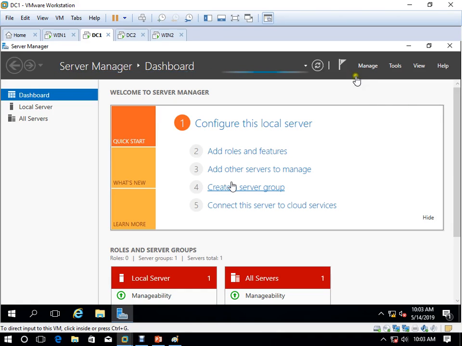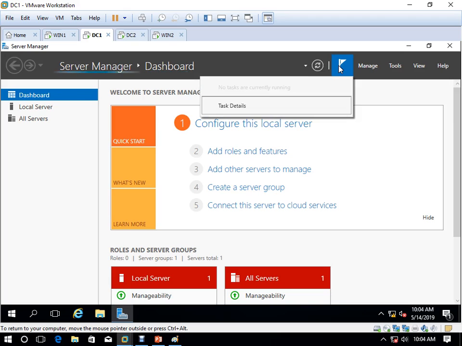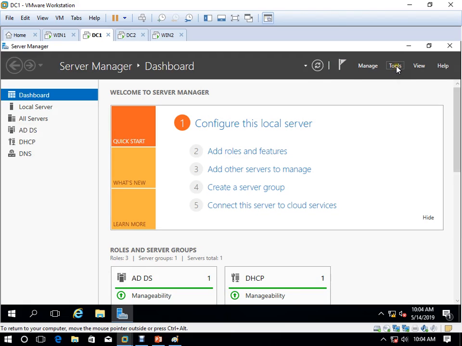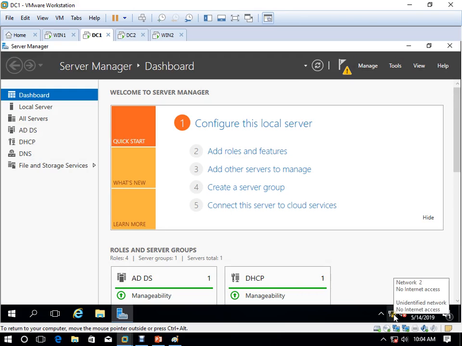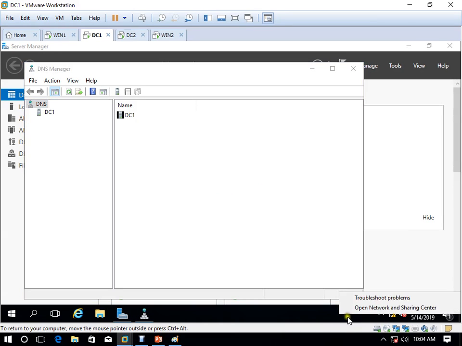Okay, now we have to configure. Go to Tools, DNS, because after Active Directory you have to configure DNS.